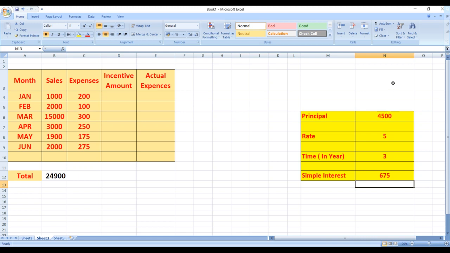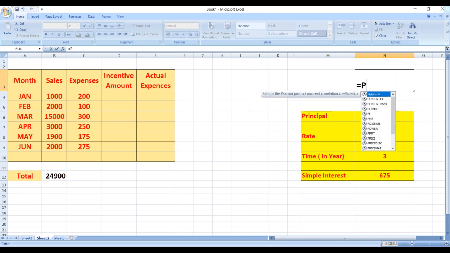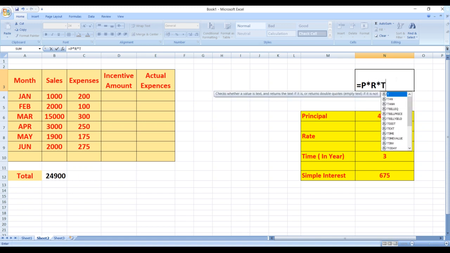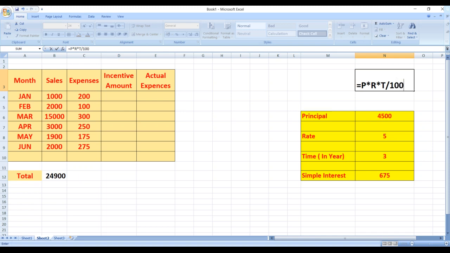So how to calculate the simple interest? So these are nothing but your compound formulas. Principal, so I'll write there equals to principal into rate into time required divided by 100.